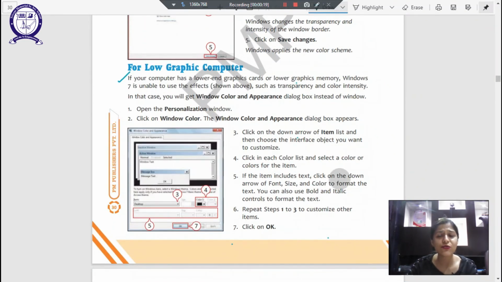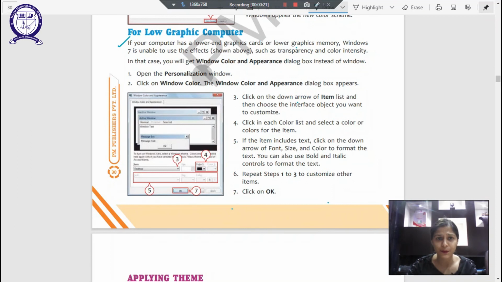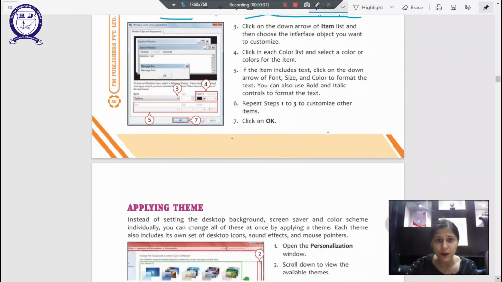But we won't be able to use that in a lower graphic computer. So what Windows does is we can still personalize it, but in a different way. Click on Windows color, then the Windows color and appearance dialog box appears, and then once we select all these settings and colors, we will be able to change and customize our dialog box's background color.